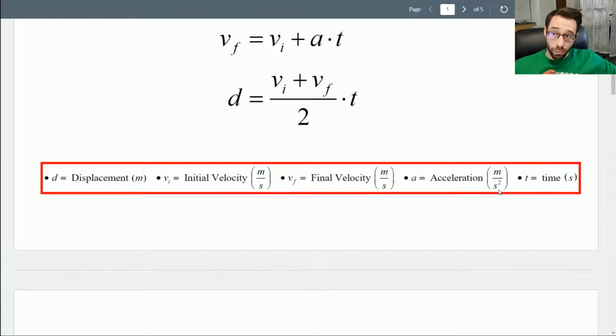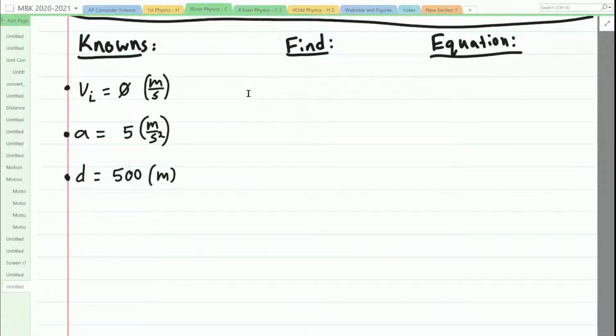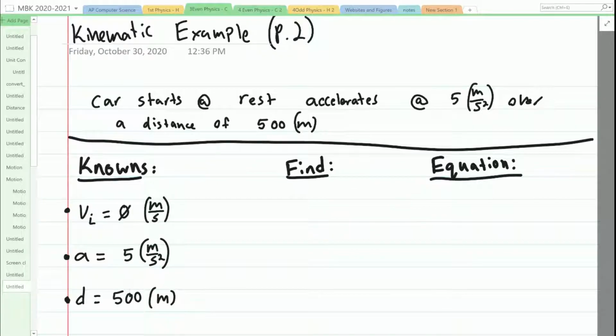Now remember, with acceleration, what that's telling us is that my velocity is going to be increasing by whatever magnitude my acceleration is, whatever the numerical value of my acceleration is. My velocity, my speed, is going to be going up or down, depending if it's positive or negative, by that amount every second that passes. Okay? That's all the meters per second squared is. It's meters per second per second. Cool? So that's what they've given us. And then we need to